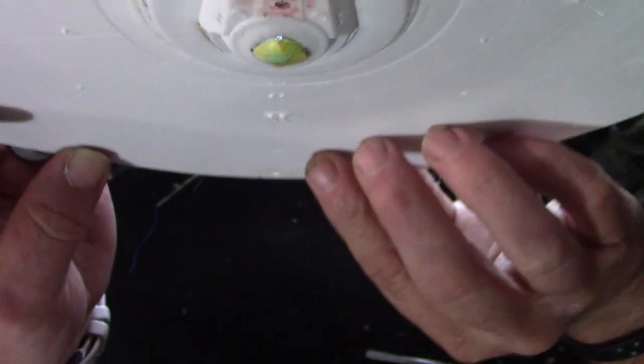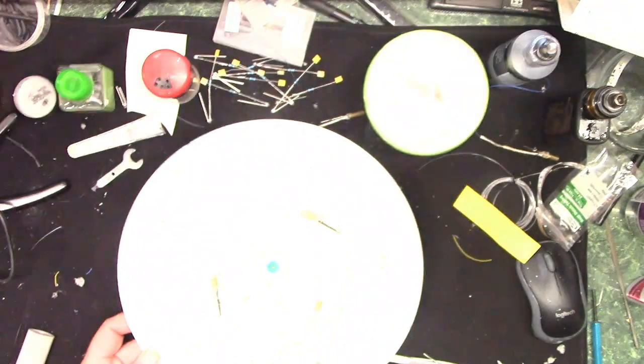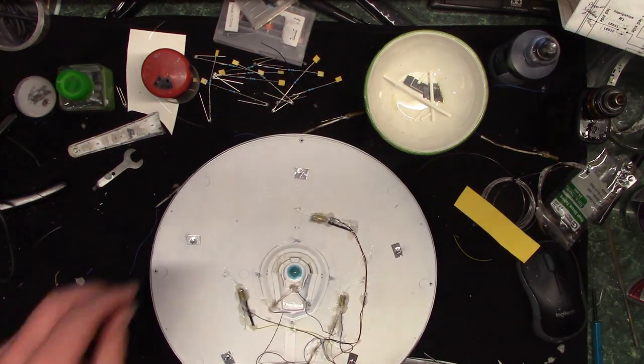Let's see if I can try to get this for you. And that's about, sorry guys, they're only about maybe half an inch out, and that's where I'm going to leave them. But getting there. So the next thing I'm going to do, let me turn this back on, is